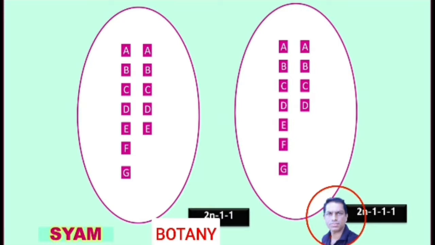monosomic means a loss of an individual chromosome. Double monosomic means a loss of individual chromosomes at two places. That means two individual chromosomes in that genome, F and G. For F, there is no homologous chromosome. For G, there is no homologous chromosome. That means double monosomic means individual chromosomes are lost at two places in that genome.